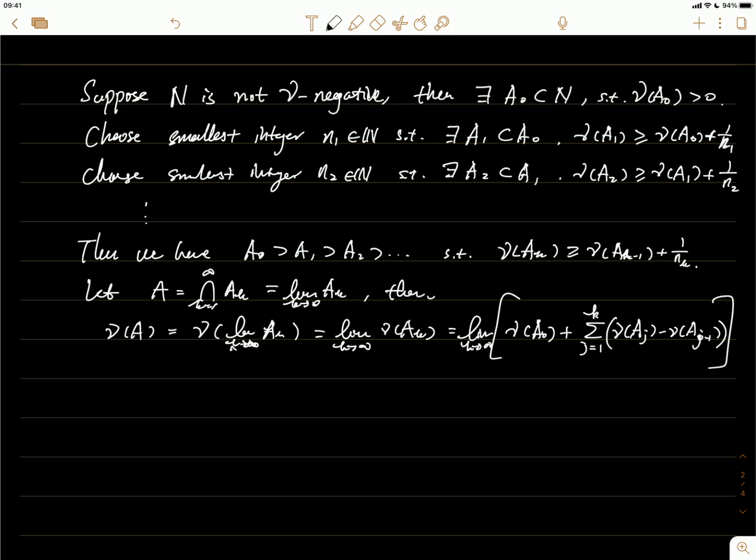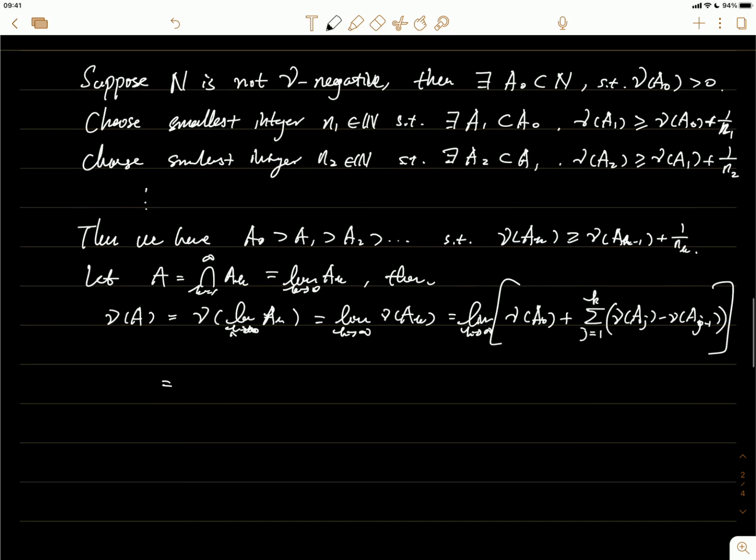Right? And this is equal to the nu of A0, which is independent of k and is finite, so we can pull it out, plus the limit of the difference